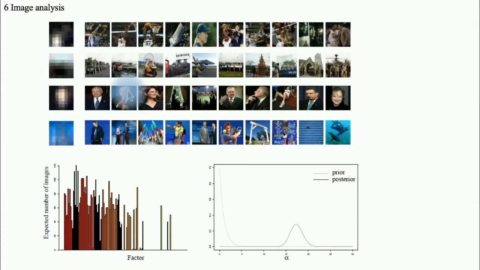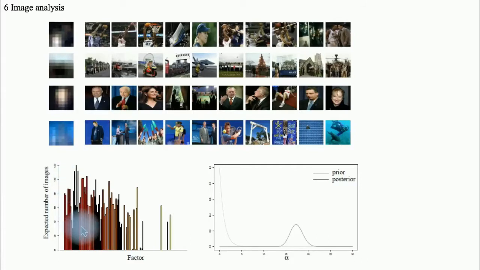To demonstrate the applicability of our variational approach to DP mixtures in the setting of a large data set, they analyzed a collection of 5,000 images from Associated Press. In the leftmost column is the posterior mean of each cluster, followed by the top images associated with it. These clusters capture patterns in the data set.